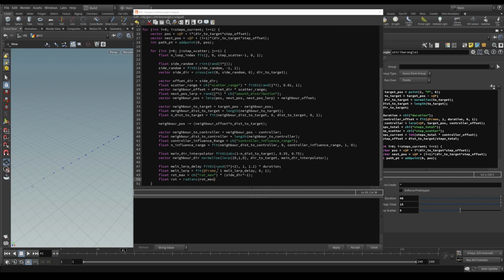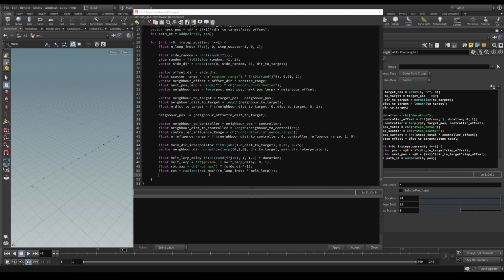Yeah, rot max multiplied by normalized loop index, and this, let's multiply this by meld lerp, actually, like this. Okay,